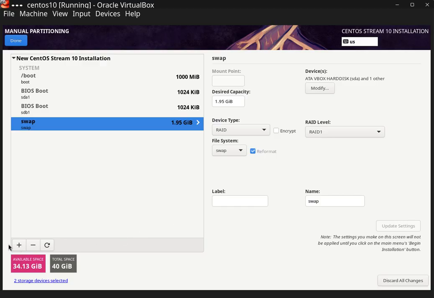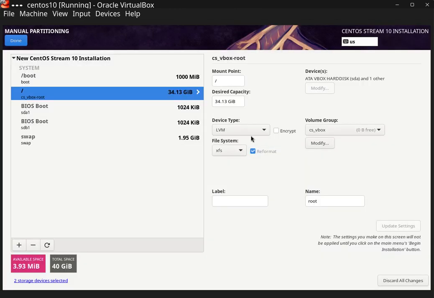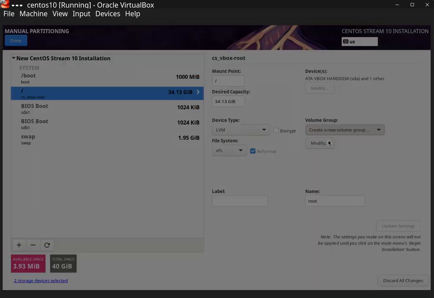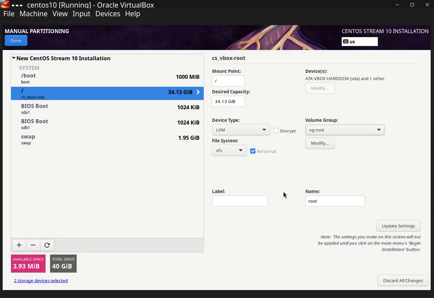Then the next thing I'm going to do is create a root partition, so everything will be put on that, and I won't specify the size right now because I want to create it as an LVM partition, and I will create a new volume group for this, which I'm going to call volume group root, which is the whole system. The RAID level is 1, and I can take the whole disk with as large as possible. Voilà. I will format this as ext4, and when I update settings,